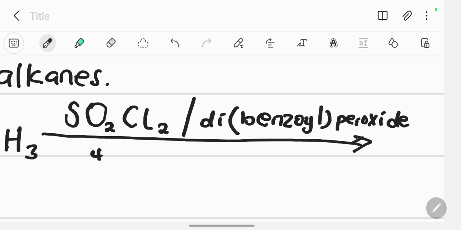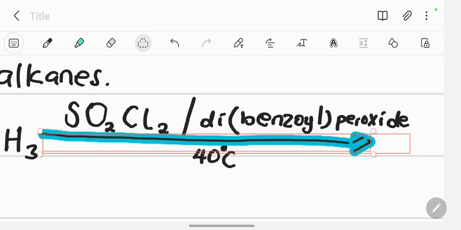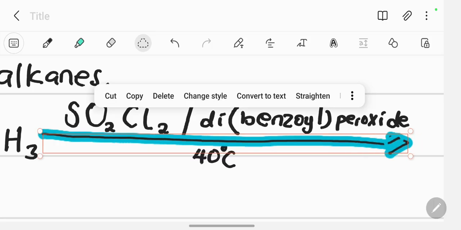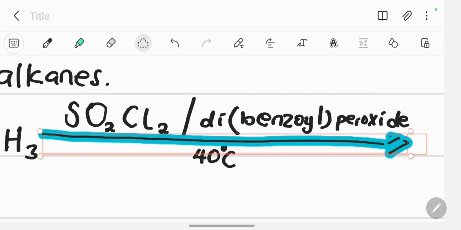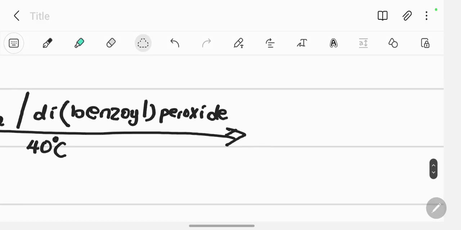It's a range of 40 to 80, but for me, I don't like ranges, so I shall take 40. If you give a range, students tend to confuse these things. So that is it. We are forming